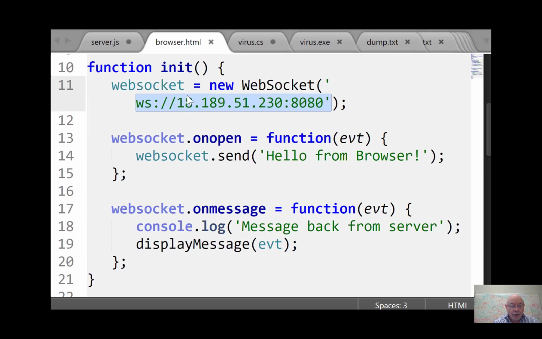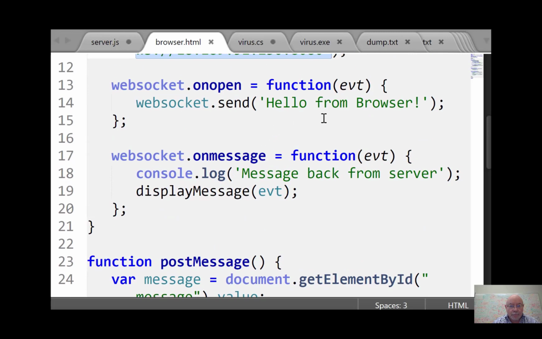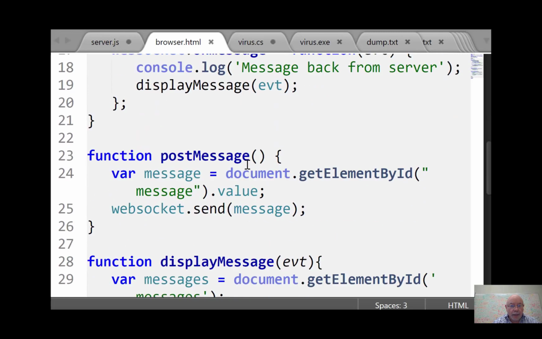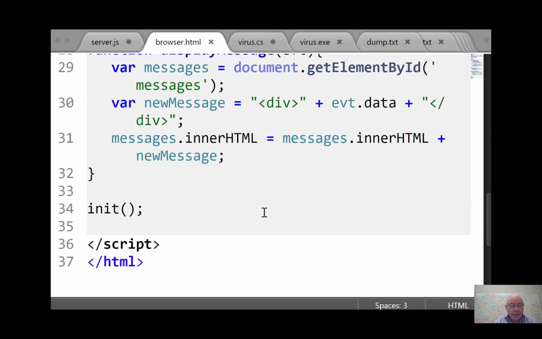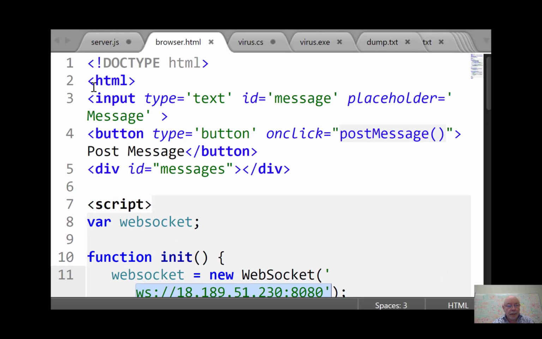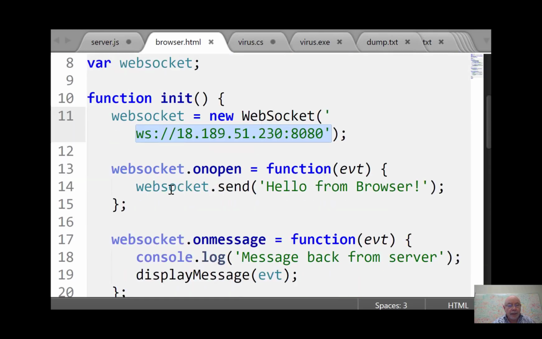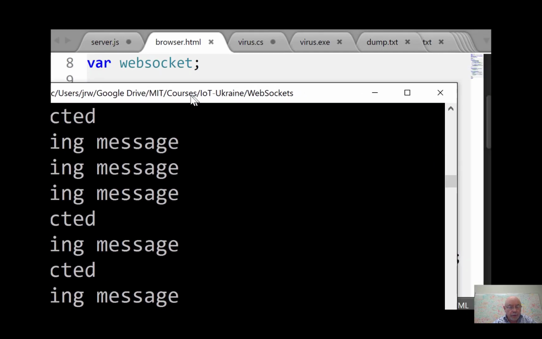So this is JavaScript code running inside the browser. We open a WebSocket and send the message hello from browser, and then we've got these to post message to the server and display the message, and that's it. 37 lines of code. So this is just HTML up here. But that's it, basically, using WebSockets. Let me demonstrate now, and we'll open up. So first we need to open up